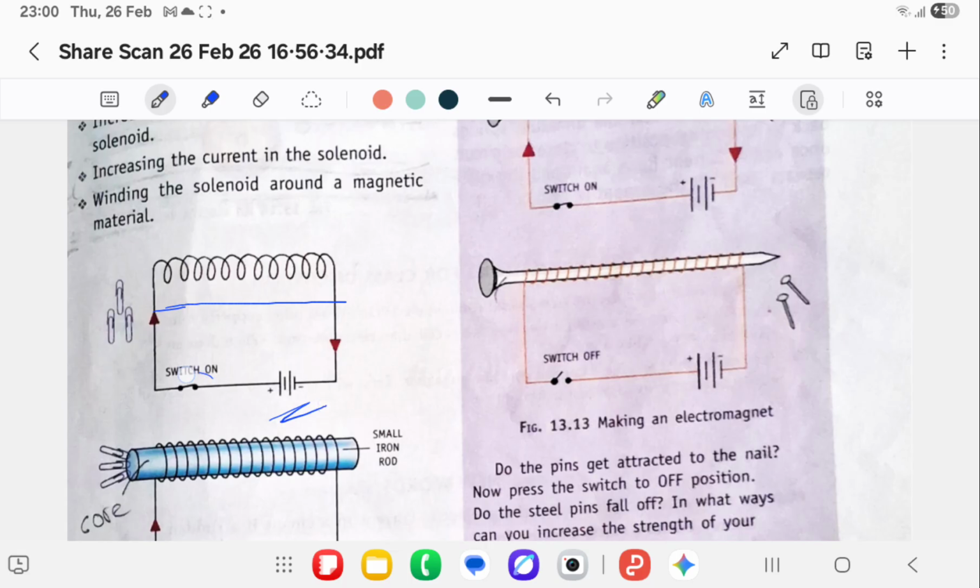This is your battery, this is your switch, conducting wires, and this is the straight path. Now what we have changed is, in place of this single wire, we have made turns out of that wire. So what has this done, what is the application of these turns? Now see, suppose 1 meter of wire was used in this distance, in the same distance now 5 meters of wire is being used, because of the coiling more wire is being used